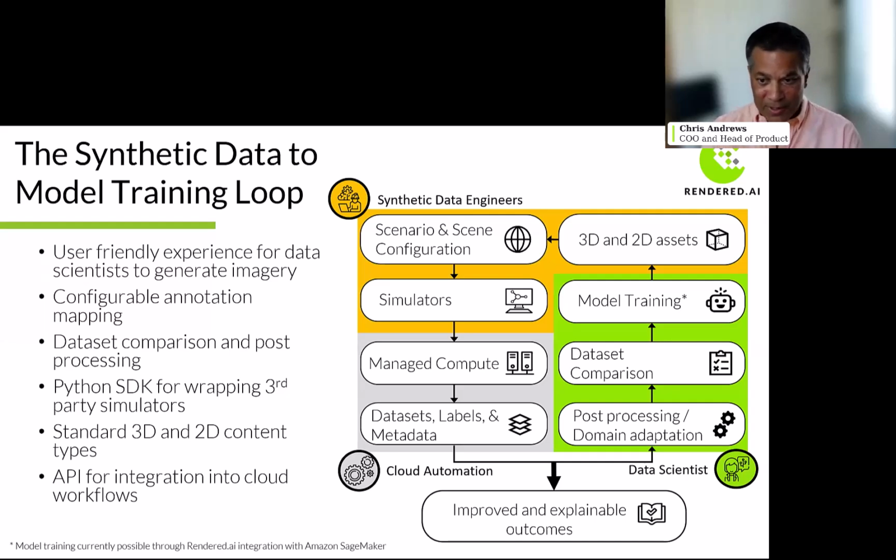So we provide a user-friendly experience for a data scientist to actually configure synthetic data channels and generate data, but that's predicated by cloud compute capability underneath, and also an SDK and framework for simulation engineers, synthetic data engineers to actually package simulators, scenario and scene configuration, and 3D and 2D assets so that our customers can actually build the appropriate simulation that fits their use case, deploy it to the cloud to be able to be run many, many, many times,